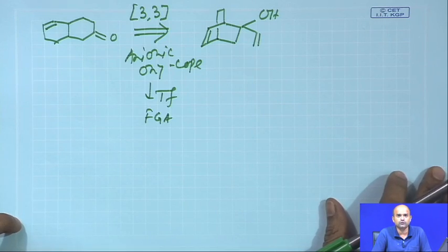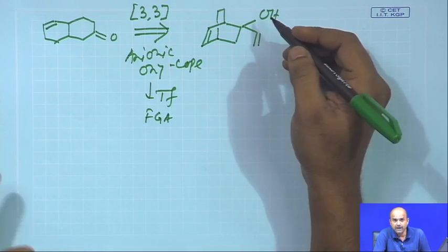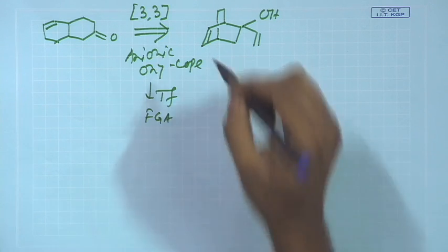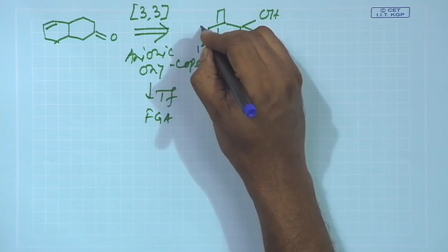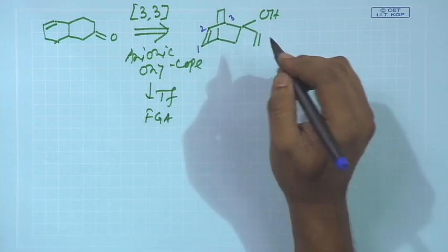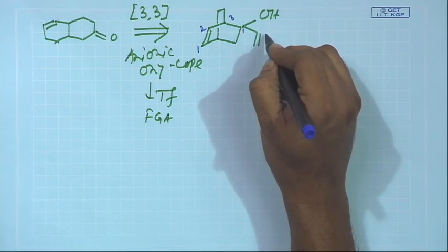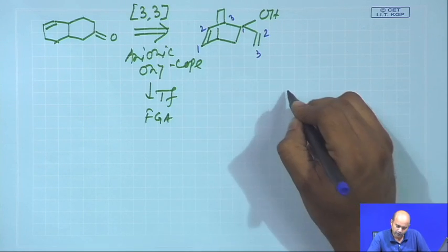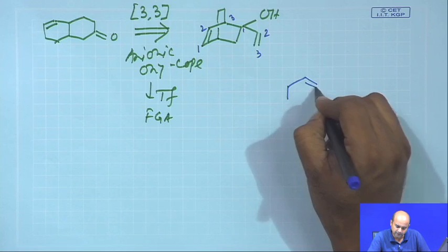Now, what is the anionic oxy-cope rearrangement? It is a 3,3 sigmatropic rearrangement. You try to find out the network: it is a 1, a 2, a 3, a 1, a 2, a 3. So, the anionic oxy-cope rearrangement is something like this,